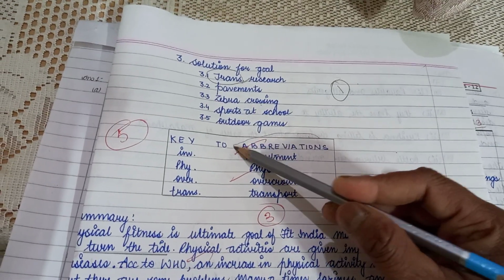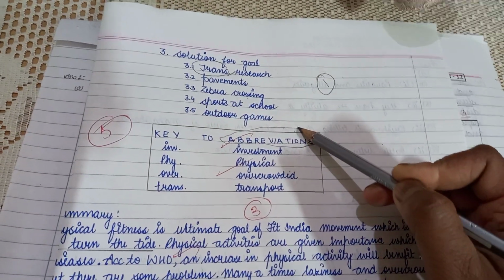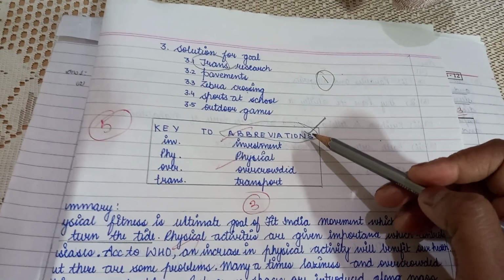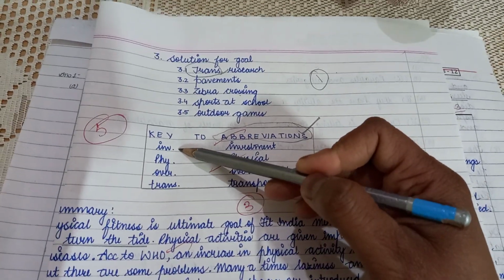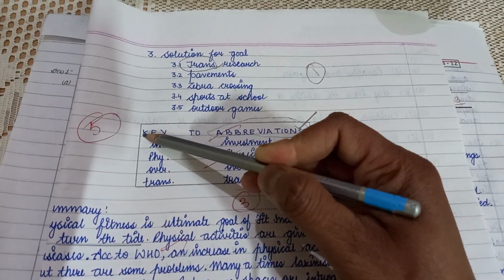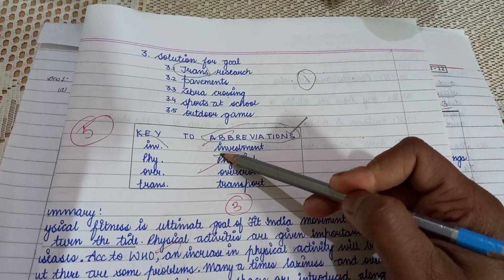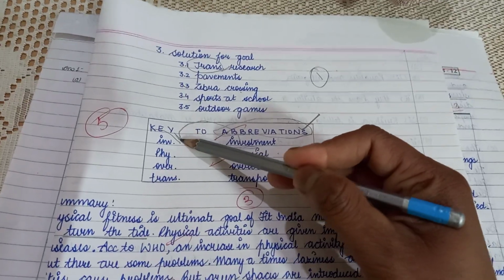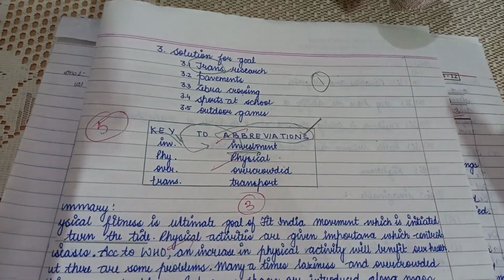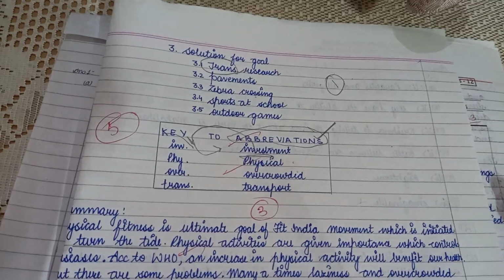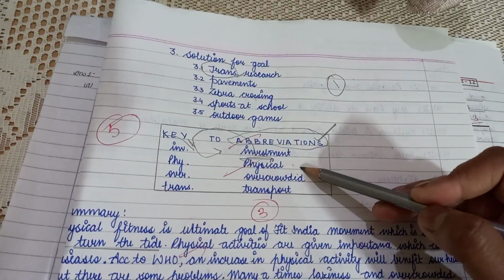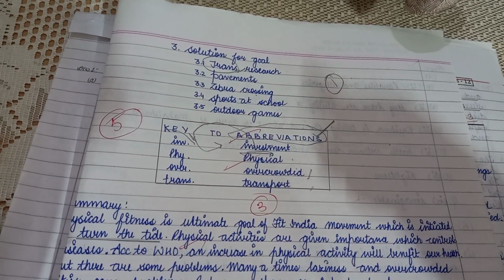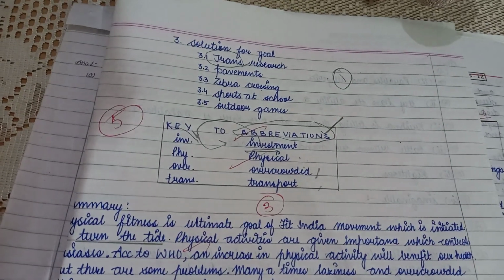So abbreviation is very important, and generally what the students do, they write the spelling incorrectly. So ABBREVIATIONS, learn the spelling properly to score good marks, and make sure that the abbreviations that you have made should be on the left hand side, and the full form should be on the right hand side. Generally what students do, they do it vice versa. So it creates a kind of confusion, a kind of dilemma. So avoid all these things in the finals. Okay, PHY stands for physical, so it is also there. Over is also there, and similarly these are the abbreviations which have been used over here.